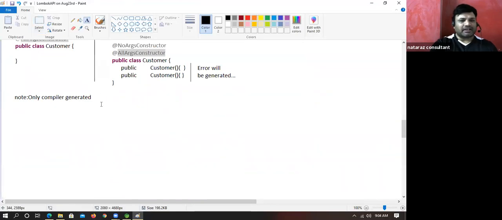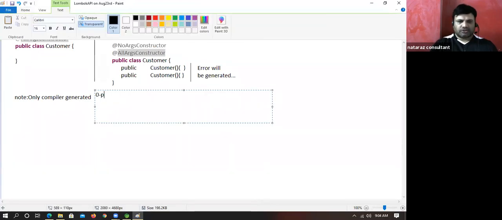Only the compiler generated zero param constructor is called the default constructor.